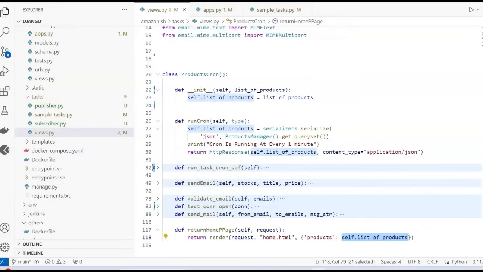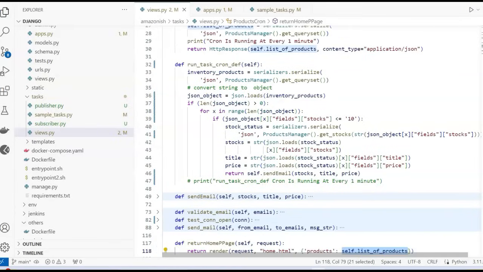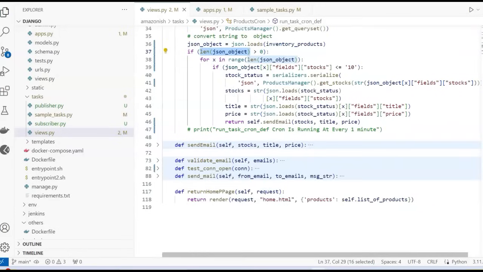So this is the function where the entire logic is implemented for getting the product. So here I'm getting the query set and getting the product, converting to JSON, and checking whether the JSON object is present or not, iterating through that, finding the stock field, comparing, and then